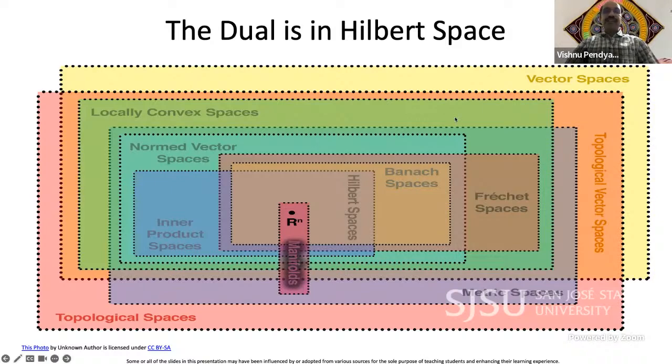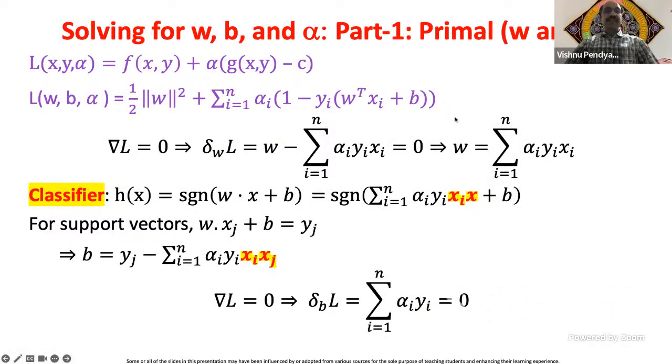Now let us go back to our problem. Our problem in support vector machines is to minimize the loss function. The general form of the loss function we studied in Lagrange multipliers is f of x comma y plus alpha times g of x comma y minus c. We have to minimize this, subject to some KKT conditions and stuff like that, if it is inequality. So we just substitute the values of f and g for our support vector machine. f, we remember, is the norm square divided by 2, and g is the constraint. What is the constraint?